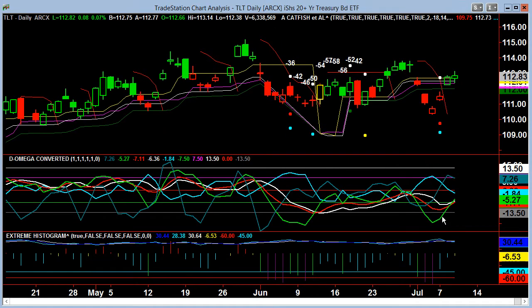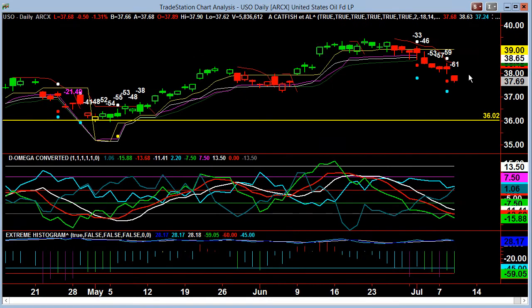TLT continued its move, so we had the nice tilt up there, continuing to rise. Red's going to need to get over there. We should expect to see a meeting of the cyan and green at this particular point. Almost overbought, though. Did meet the target from there before, but now with the ABM, going to have to play it off of that. Still within the deep red of